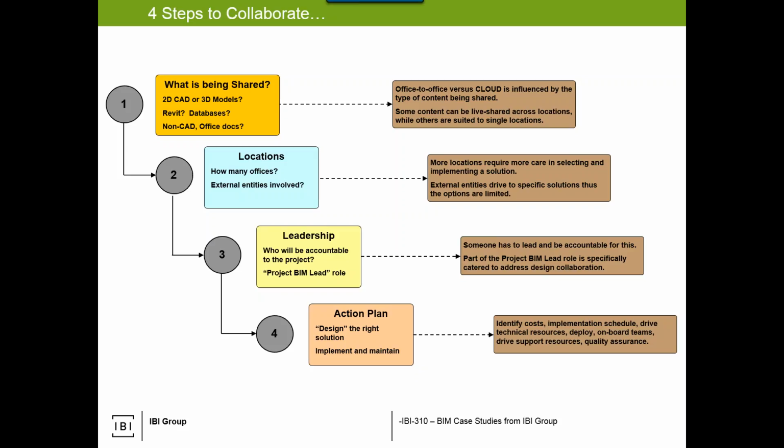Question number 2 equally compounds the problem. Are we sharing just within our network or with others? And then who's leading it? And then once you have those 3, design the solution, implement, maintain, quality check, and it's kind of like a perfect world after that. But those first 3 questions are oh so critical. The answer might be one office, couple of models, simple sharing, and that's great, but there's going to be far